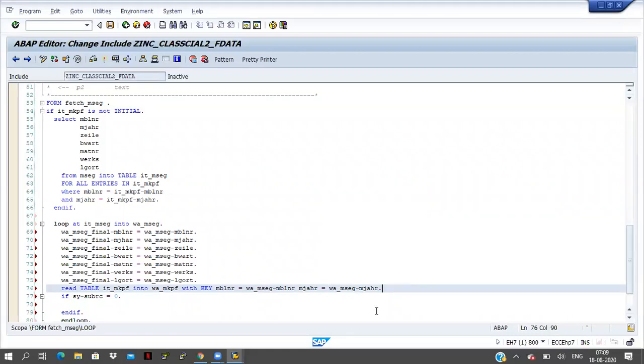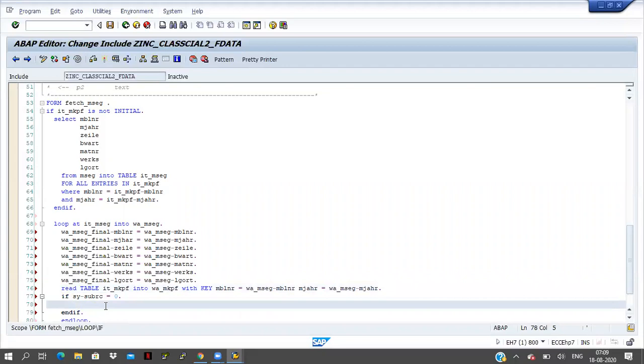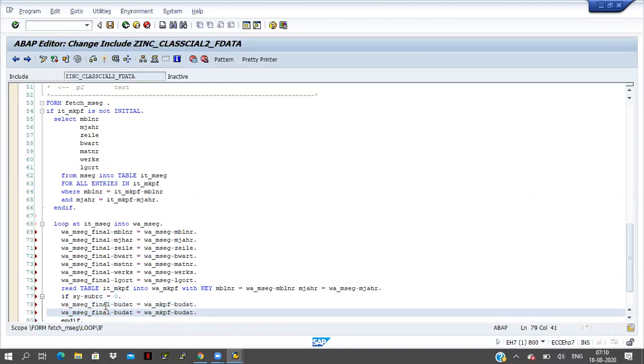So in between the if and end if condition, I will pass the data to work area MSEG final-BUDAT equal to work area MKPF-BUDAT. And one more field is also available, right?